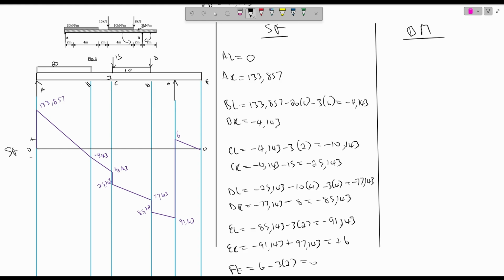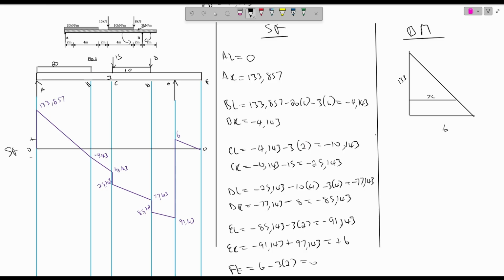So we have a 6 in total. You have a 6, and then you have an X. The X height is the 133 point something. Then the 6 height is